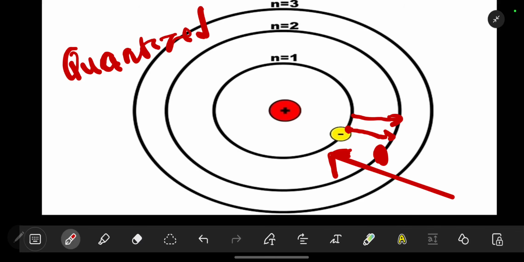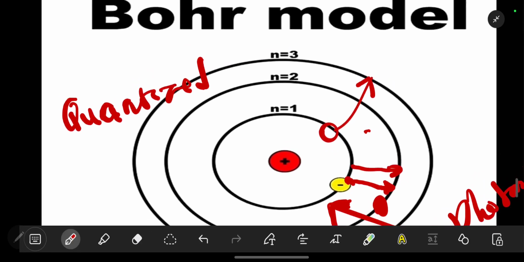Each and every time a photon or any energy is absorbed, an electron will jump to the next energy level. It won't be in between, but it will jump to specific energy levels. So if it is here, it will jump, let's say, to there. What determines this jump is the amount of energy that the electron